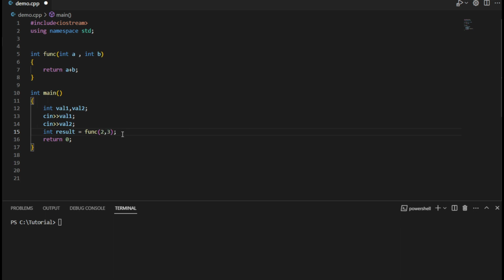compile time itself it will be possible for us to know that the result variable is going to hold the value 5, because irrespective of what the users are going to enter in terms of value1 and value2, the value returned by this function will always be 5, because 2 and 3 are fixed in this particular use case. So now, depending on what parameters are passed to the function,